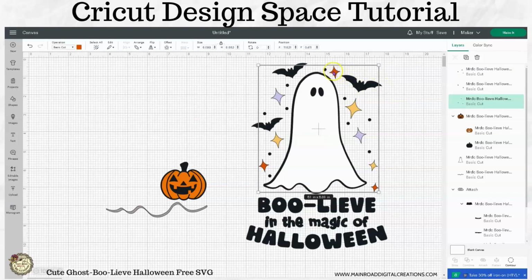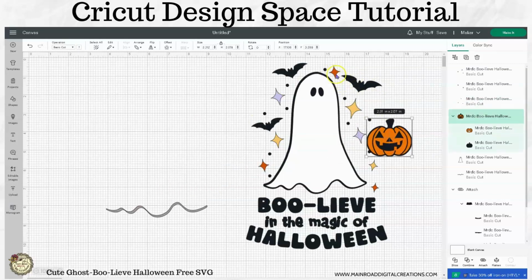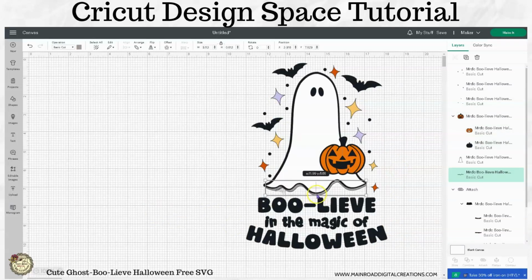You could attach, if you decide to have your stars orange, the same color as the pumpkin, you could attach those stars right there to the orange from your pumpkin, or even if you have left the bottom word down here as orange, you could attach all those. And then this is just a little shadow that goes up underneath here. So now when you go to cut this,